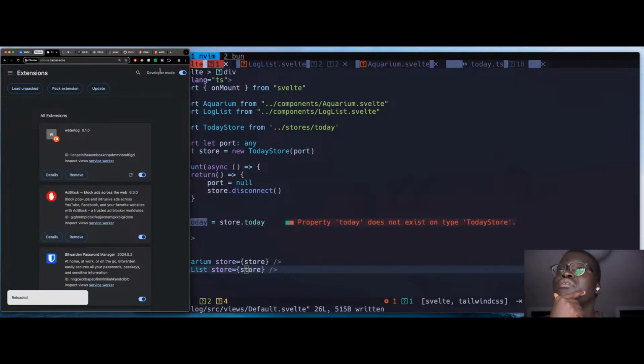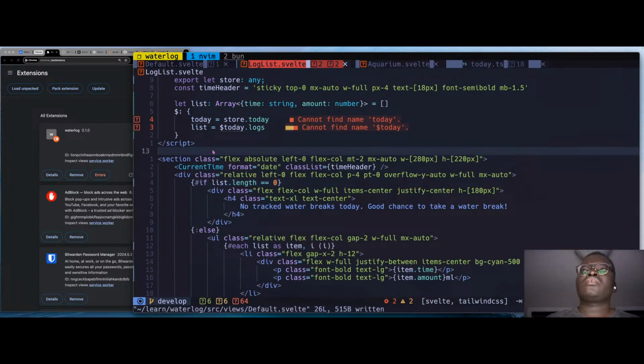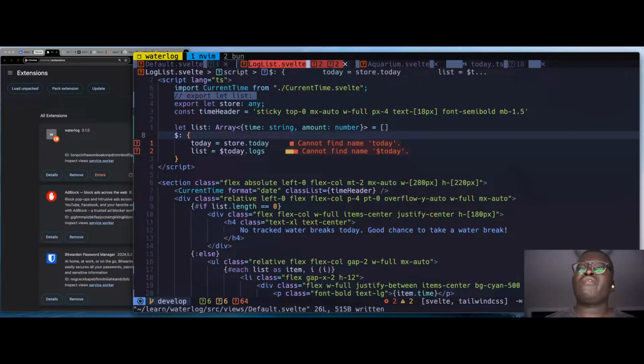Unrecoverable. Okay, let's try it again. Log list. What if I just have it as